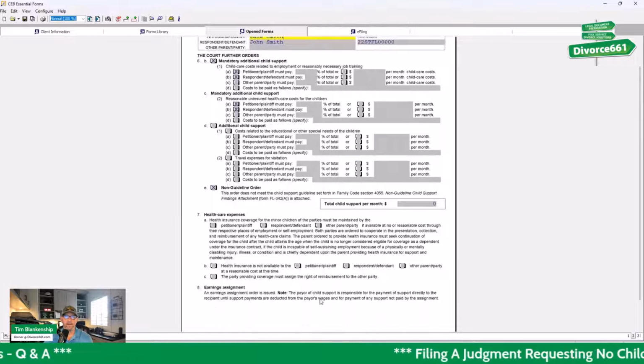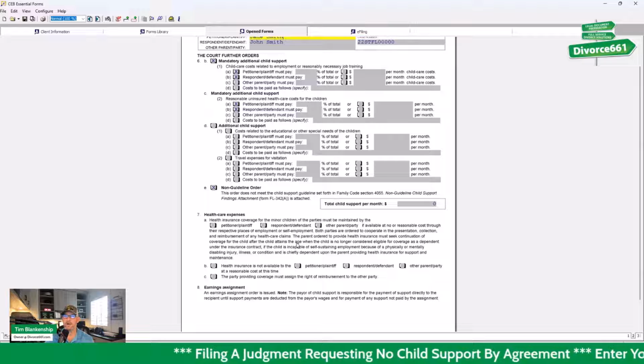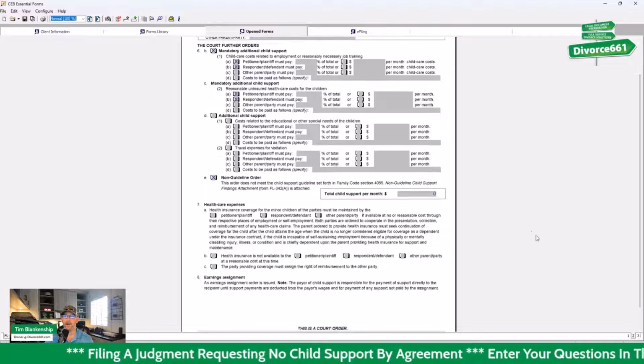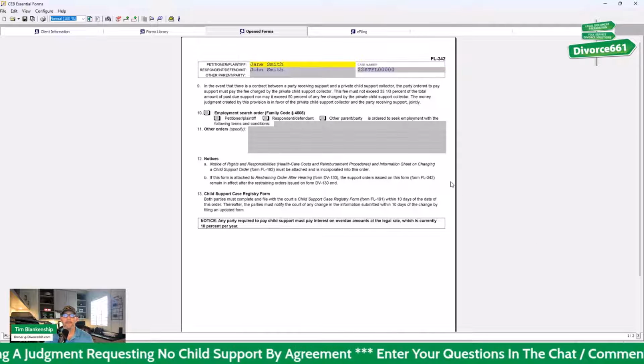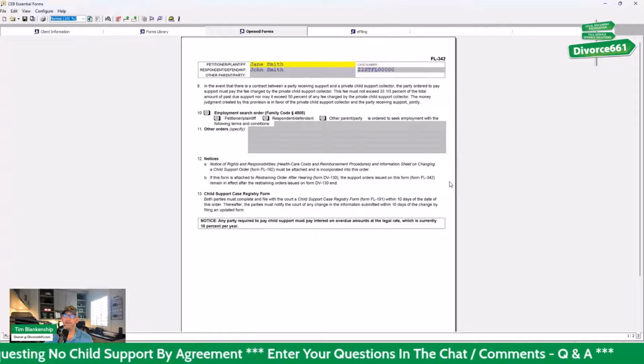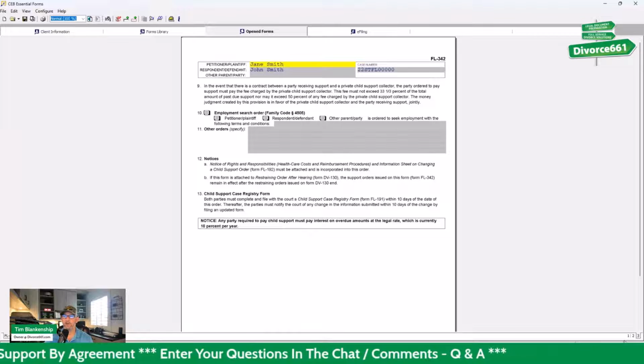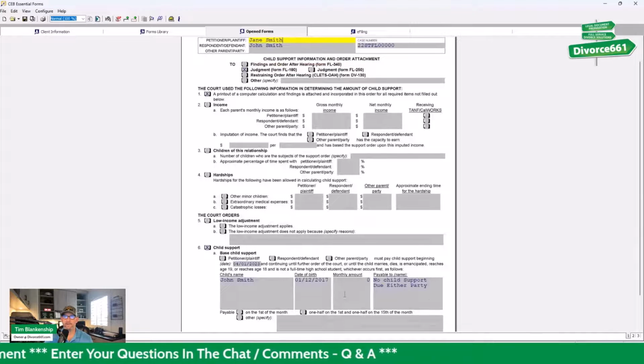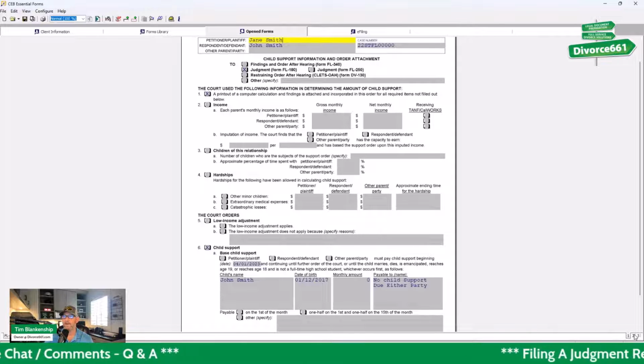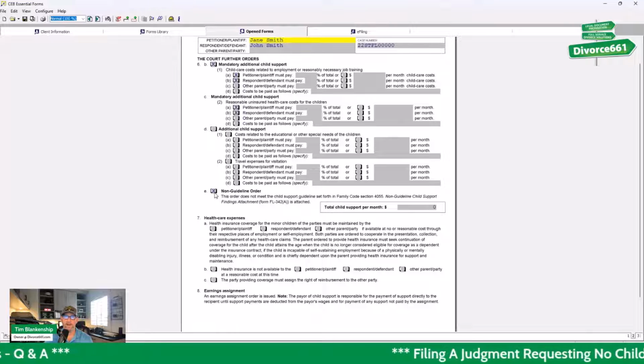Healthcare expenses. Okay, we're not going to go over the entirety of the form. The purpose of this video is specifically for requesting no child support when there would be otherwise. And that's all you have to do for this particular form, just mark 0. This is the key here, putting no child support due to either party on this page, marking this non-guideline order